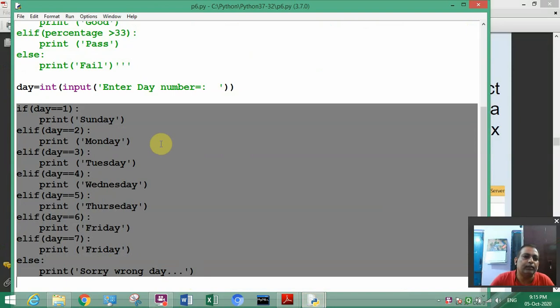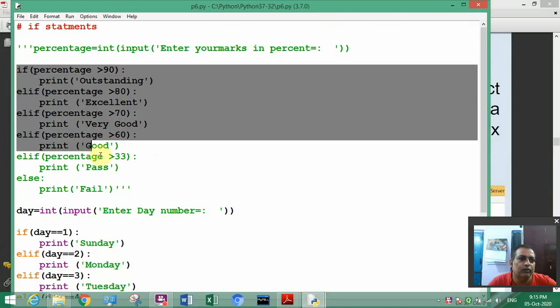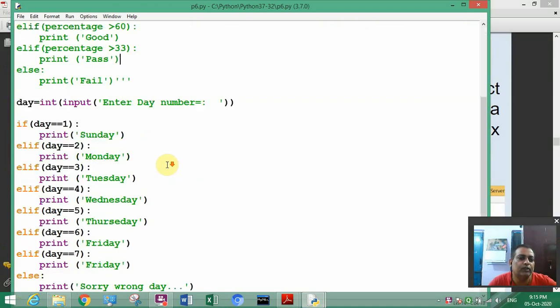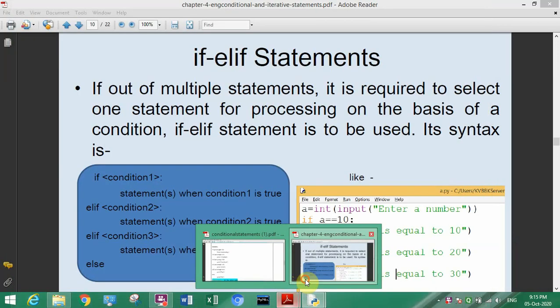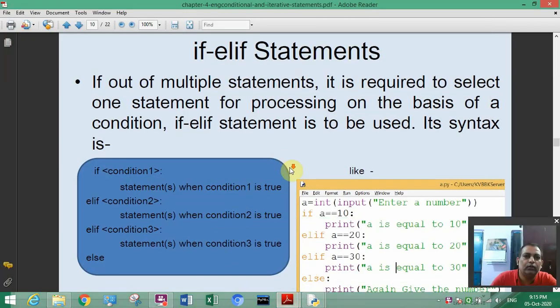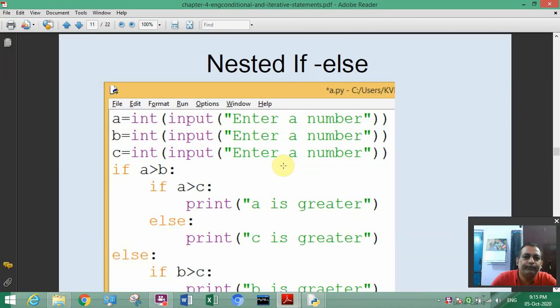So like that you can make different programs. Two programs I have shown you, one this percentage and one Sunday Monday, and one more part is there, that is called nested if else statement.